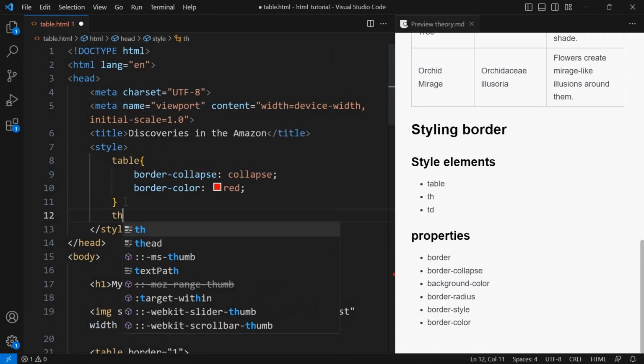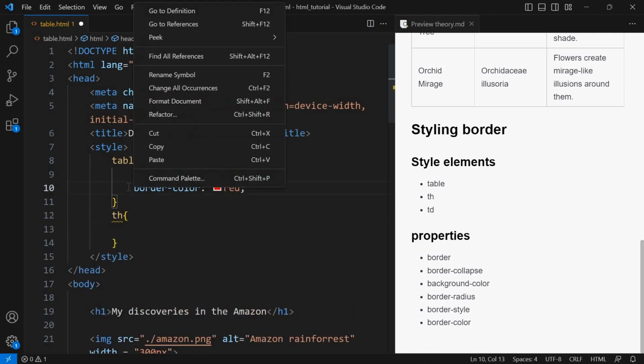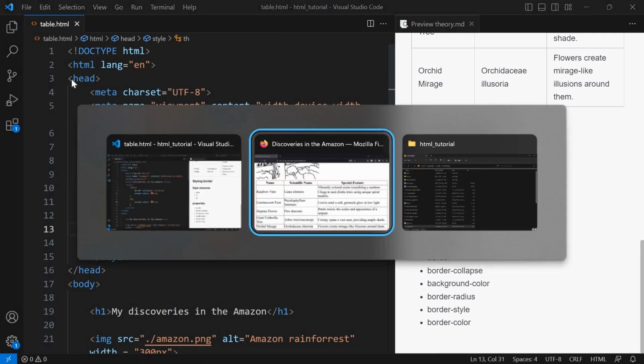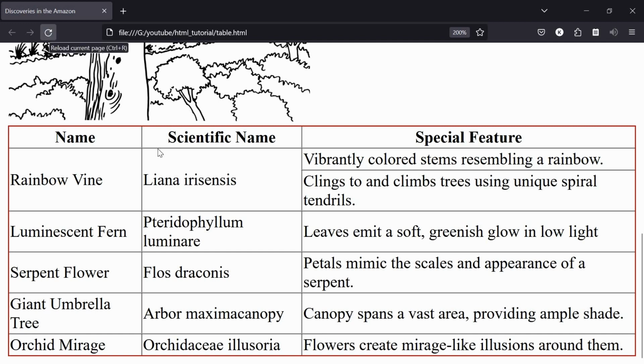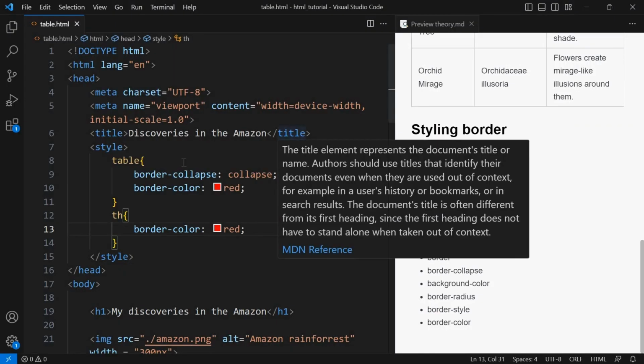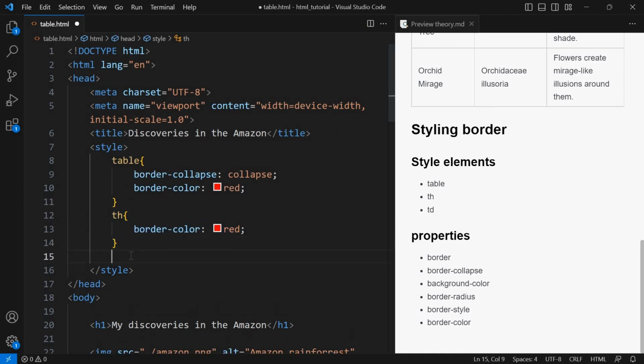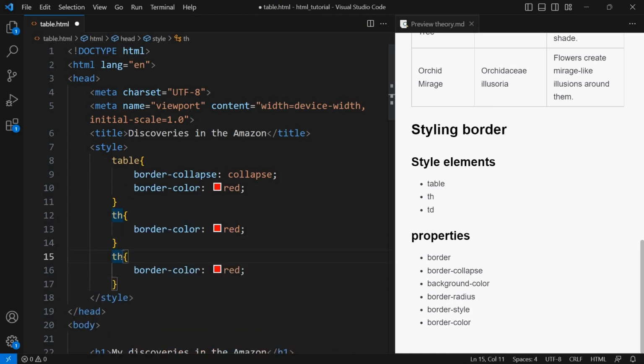th, which means headers, border color red, reload. You see, now only headers are red. These are headers: name, scientific name, special feature. Now also for the other rows, we can duplicate it and we rename it as td,